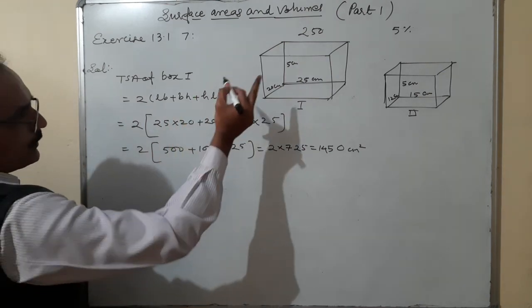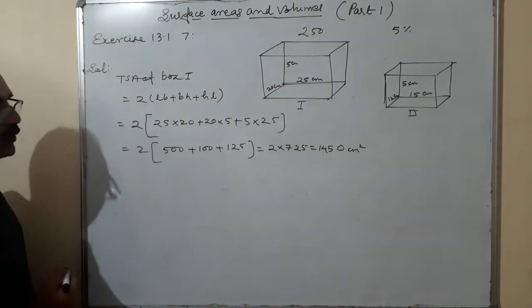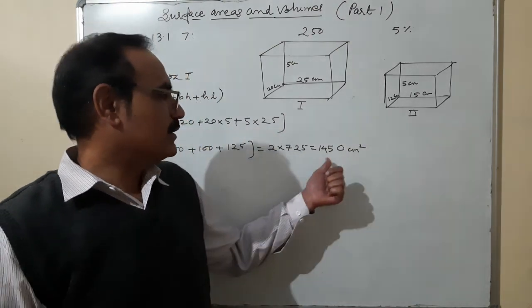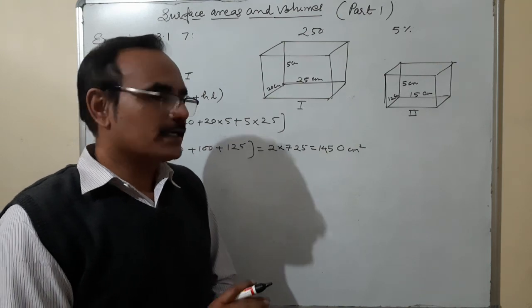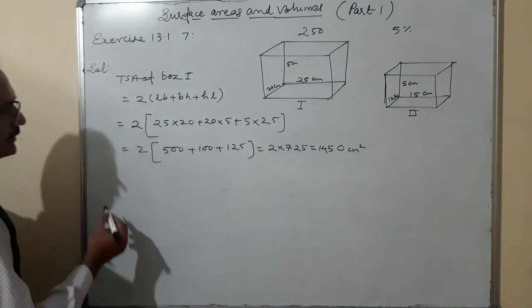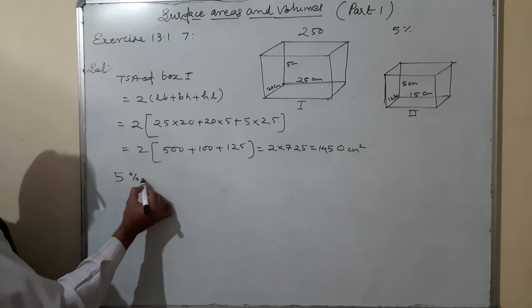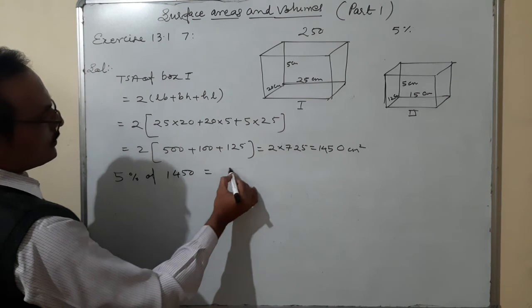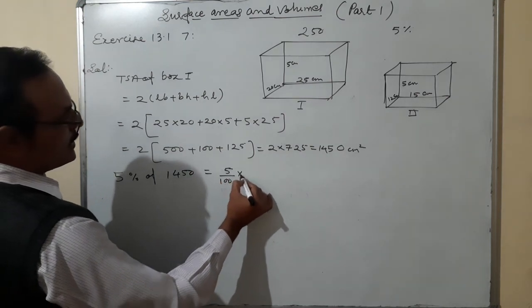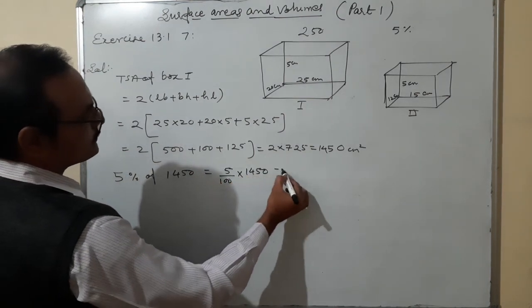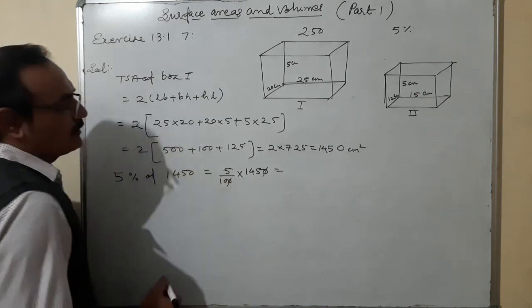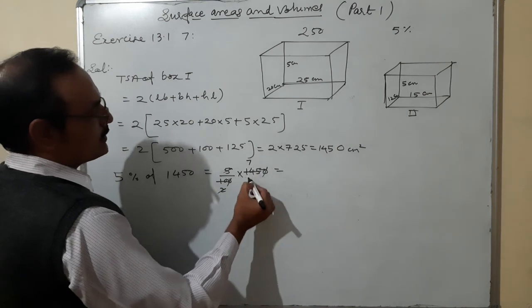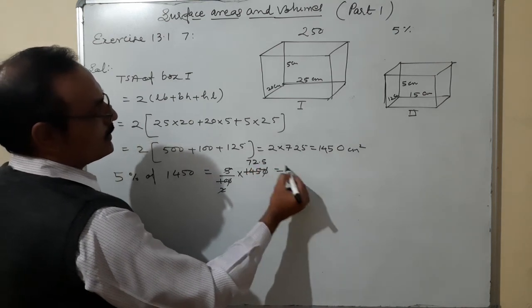There are 250 boxes of each kind. And one condition is given that the 5% overlap is used for it. 5%. So let me find out the 5% of it. 5% of 1450 is equal to 5 upon 100 multiplied by 1450. Cancel it. It is coming 72.5